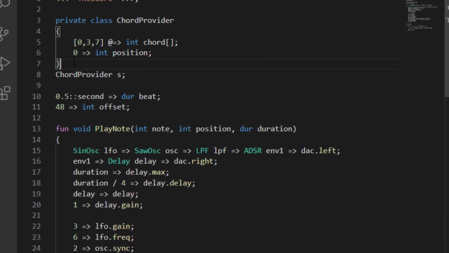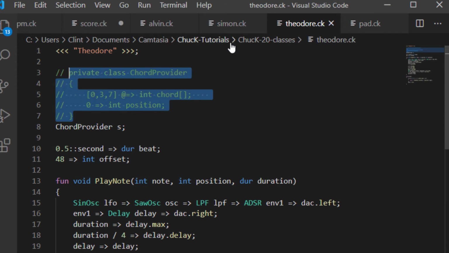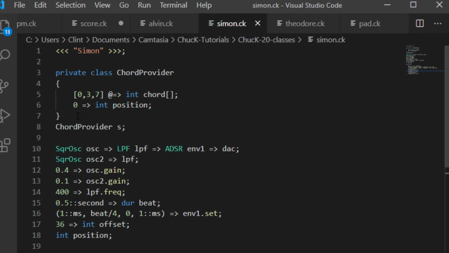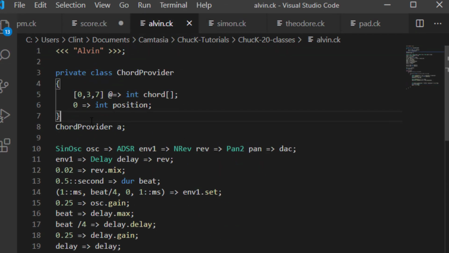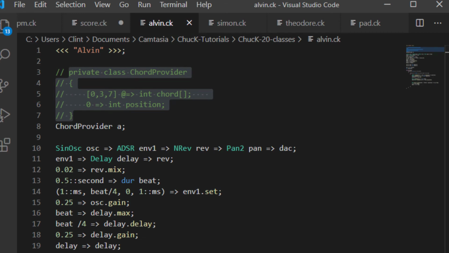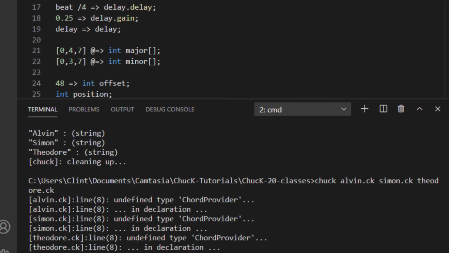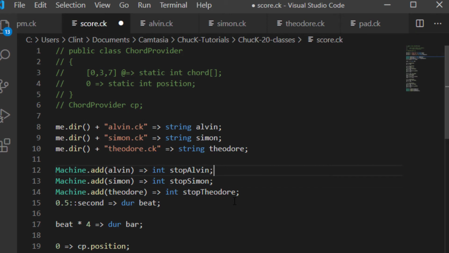So let's now comment out each of these private definitions of what a chord provider is. But continue to use an instance of chord provider, which would not work if we ran it right now. Let's try it because it'll say, what's a chord provider? Yeah, they all failed because of an undefined type chord provider. Now we're going to go to a file here